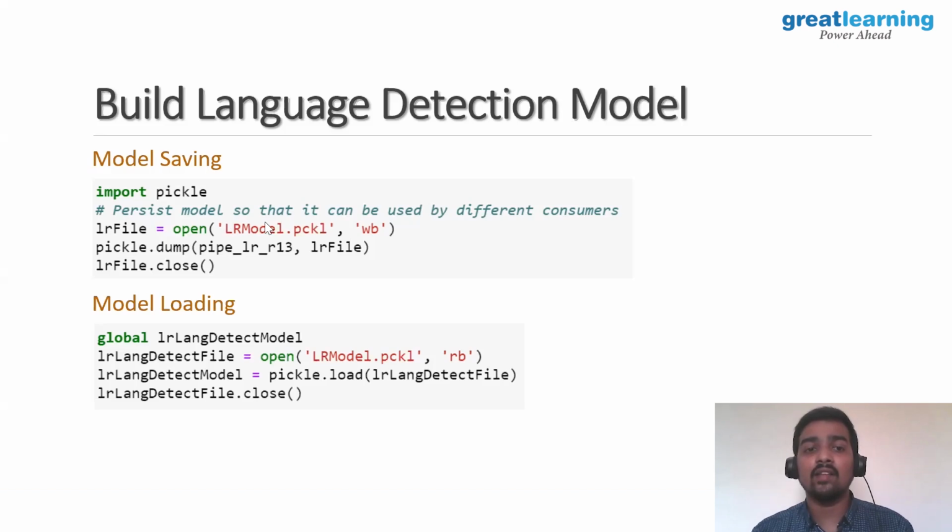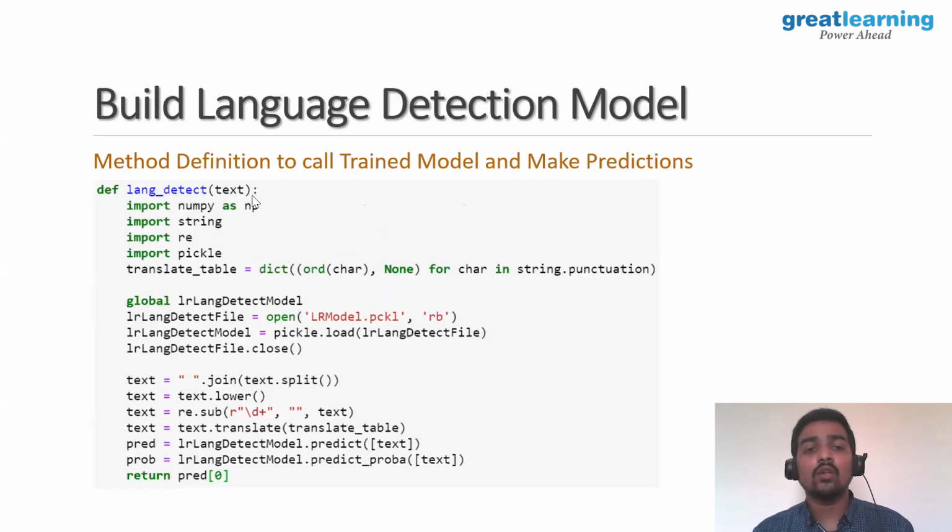Just note the path where it is saved, and you can access the same model using the open method of pickle. Once you open this stored pickle file, it will act as the model which we have trained. Then you can define a simple function to have all the pre-processing, loading the model, everything in place, and this function can be converted to a web service by creating an API out of it. Other than what we have discussed, you need some framework to make this an API. You can use Python Flask as a framework through which you can convert this function or method, which you are seeing on the screen, into a web service API.